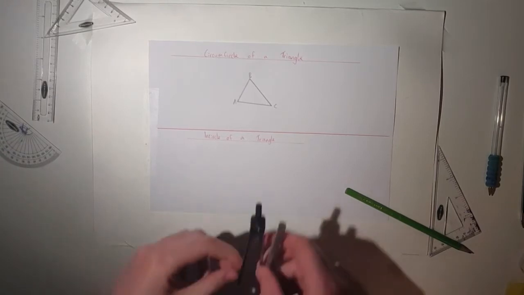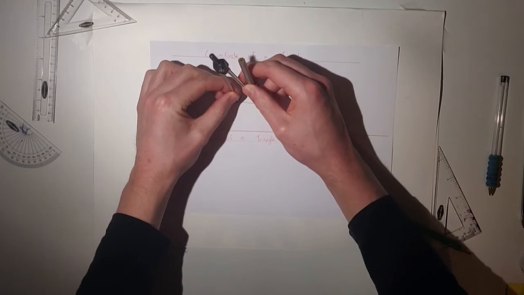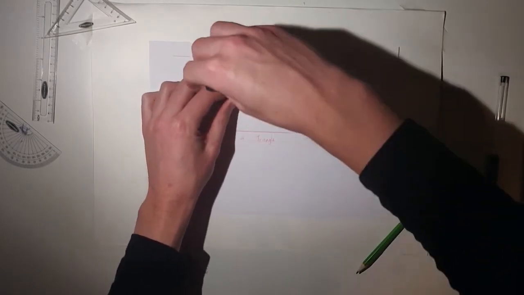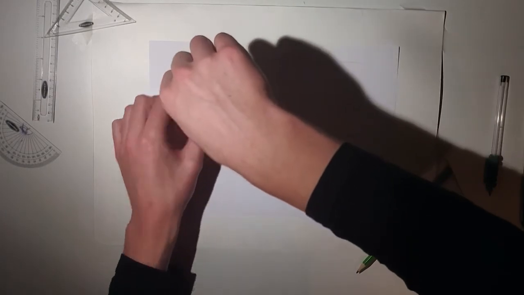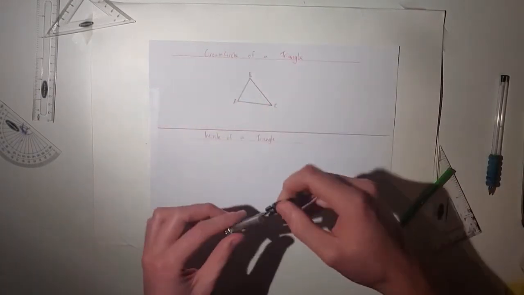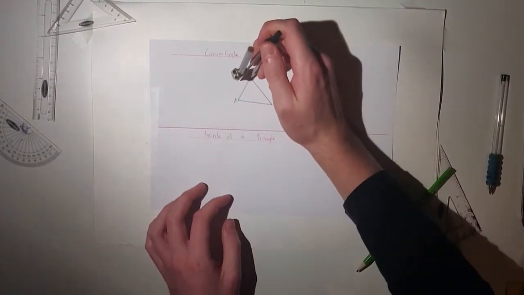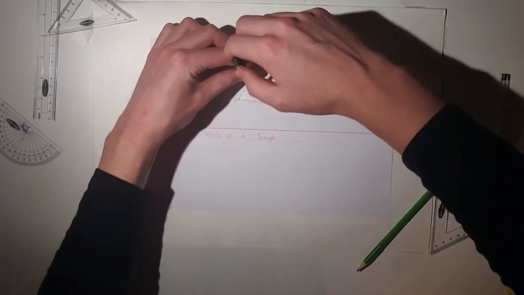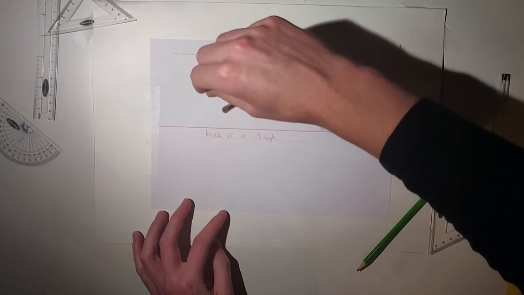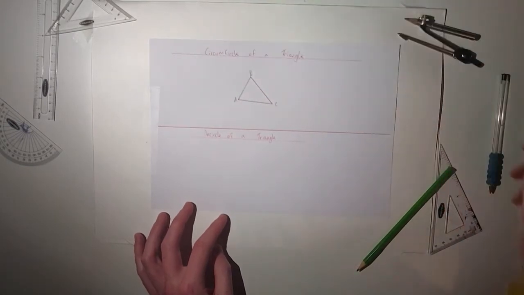Okay, so I'm just going to pick AB because they come first alphabetically. So I want to join them. I want to do the perpendicular bisector. So it's going to have 2 points. They need to interlink. So put the compass on A and then put the compass on point B. So I can see that they